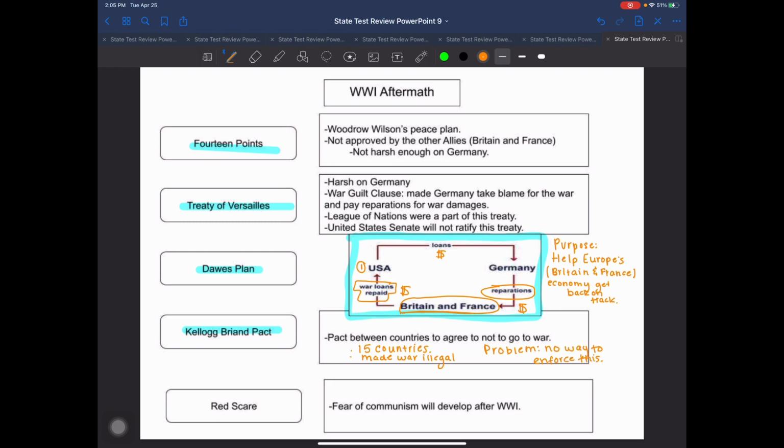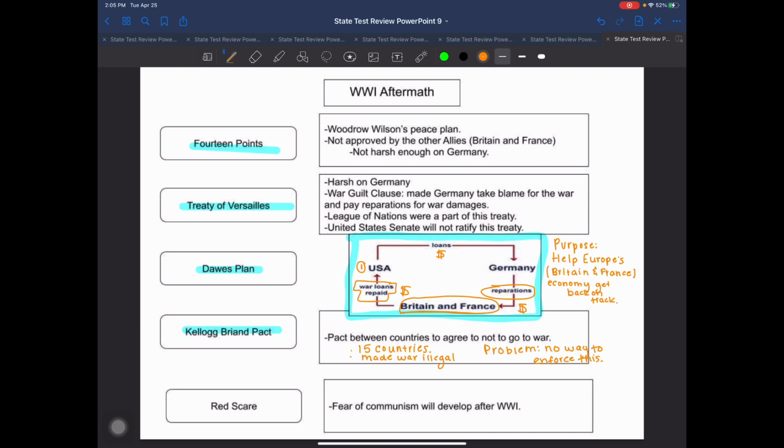And the biggest problem is a lot of countries who actually sign this pact and make this promise, well, within 20 years, they've got completely different leaders in those countries. And they look at the leaders before them that signed this pact, and they're going to be like, well, I'm not worried about that. And so we're going to see eventually Germany that signs this pact, Japan who signs this pact, they're not going to honor their signature here. They're not going to honor that they promised to not go to war. So times kind of change. Leaders and positions and governments change to where they basically don't care about this.